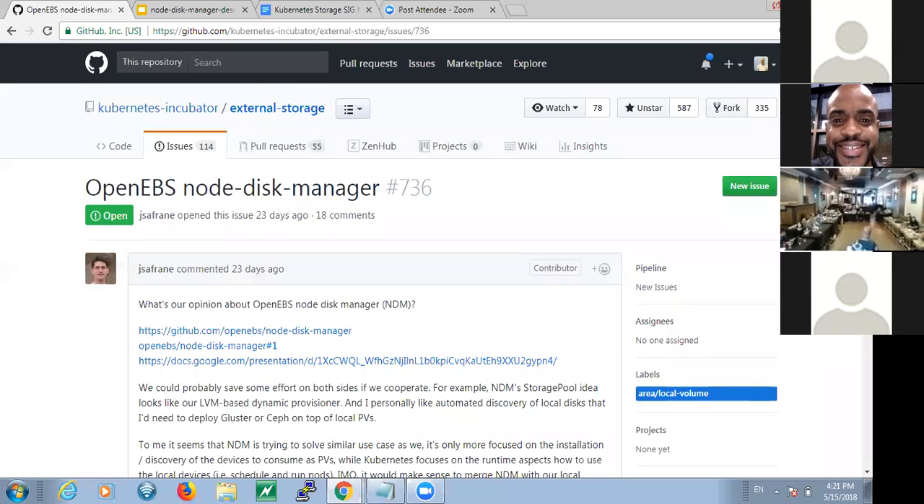So just to give you a little bit of background, I work on OpenEBS. It's a storage system that runs within Kubernetes. So one of the requirements that we had is how do we manage the disks that are attached to the